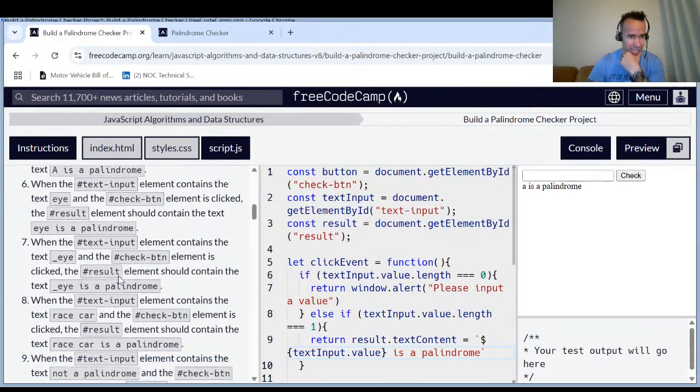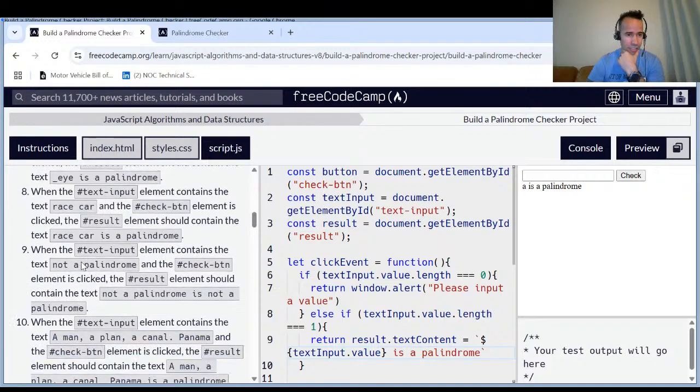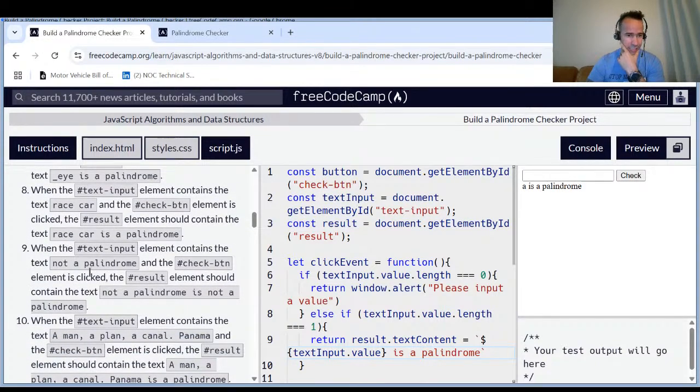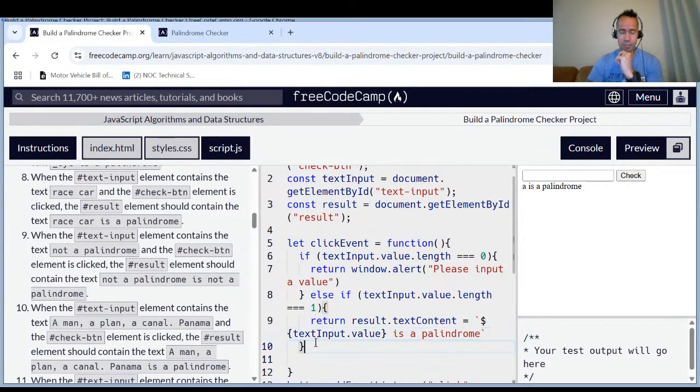7 is with I. Then they want it with I whatever. Rare car. So now it's all the test. If you input not a palindrome, then it will give you not a palindrome. So, okay, so the next one will be, so else if, let's see. If it's 0, the alert. If it's 1, they want that. Then it is whether it's a palindrome or not. So else if,